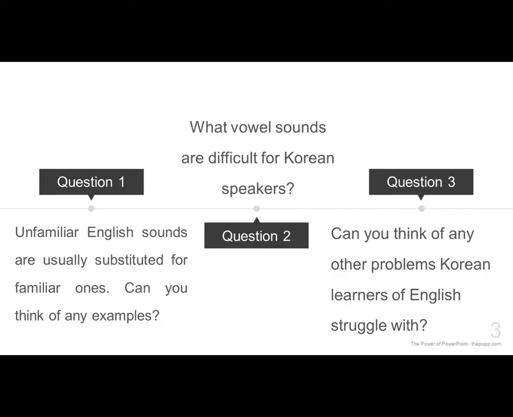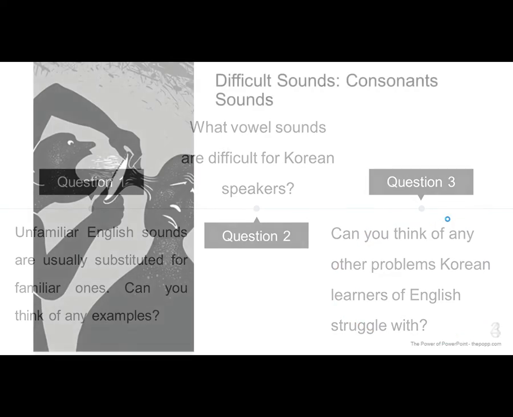So that does happen. So we do substitution. There are some vowel sounds in English that are difficult for Korean speakers. We'll get into that. And there are some other issues with pronunciation that Korean learners of English can have.